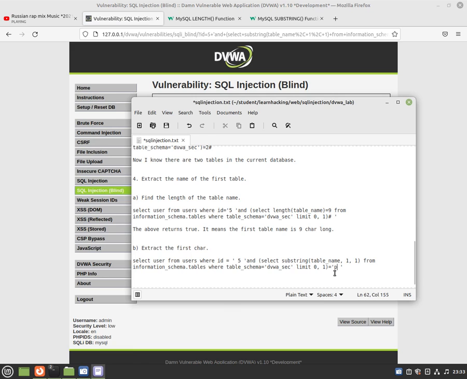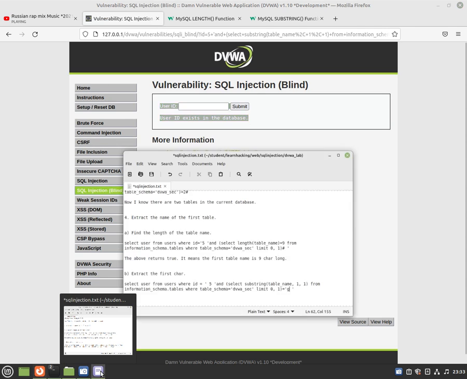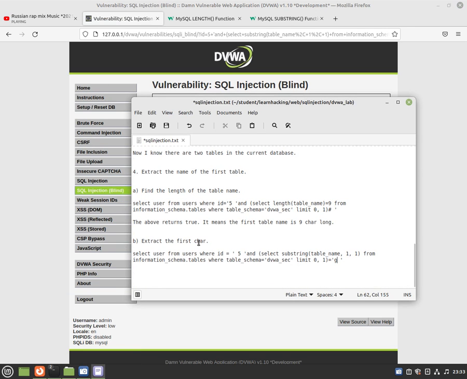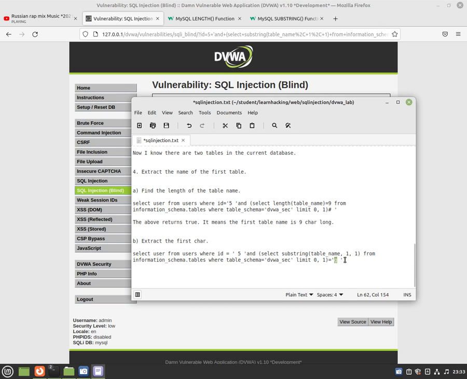Okay, G exists in the database. Okay, it exists in the database, which means that the first character is G and then there are 9 characters,